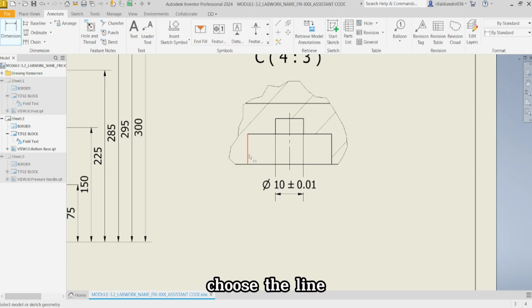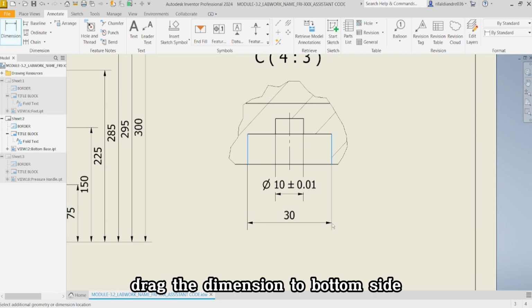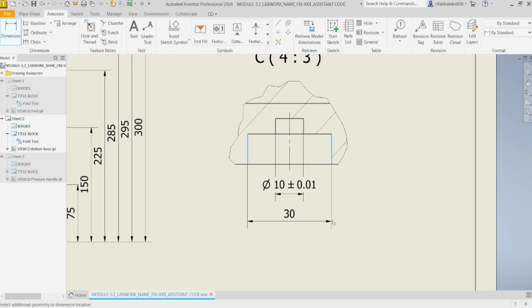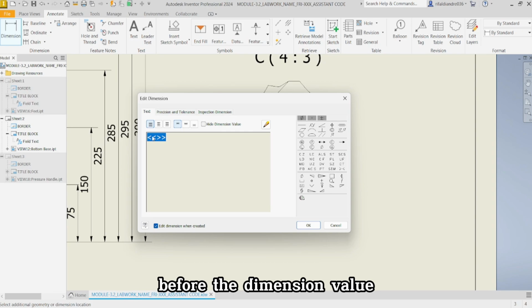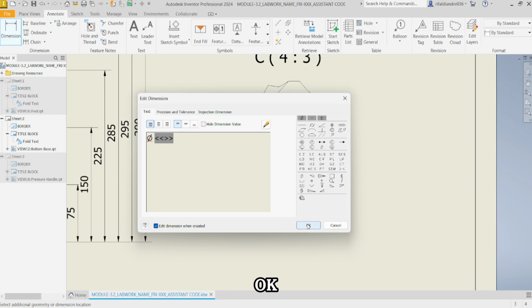Next, choose this line, drag the dimension to the bottom side, left click. Before the value, add the diameter symbol, space. After that, click OK.